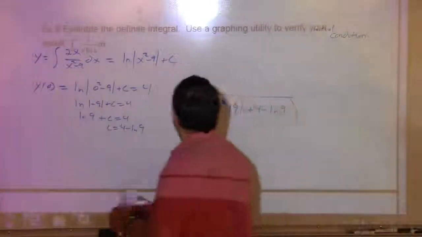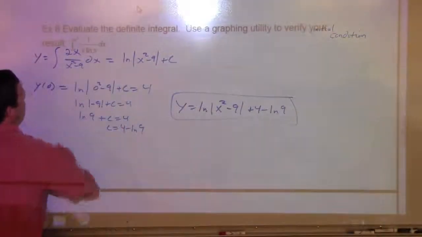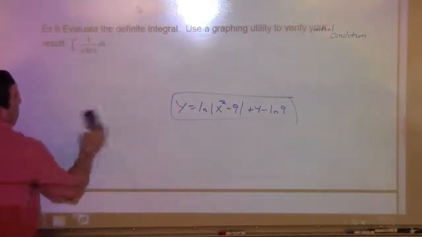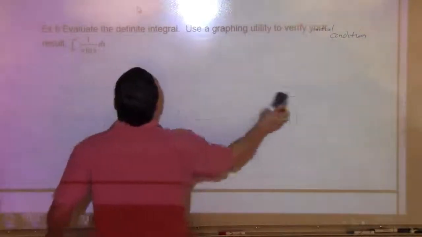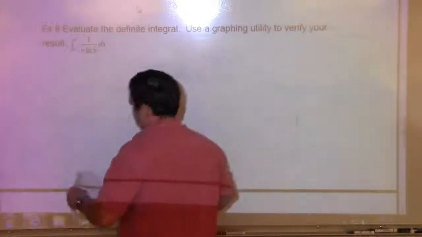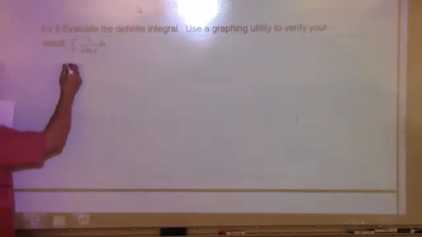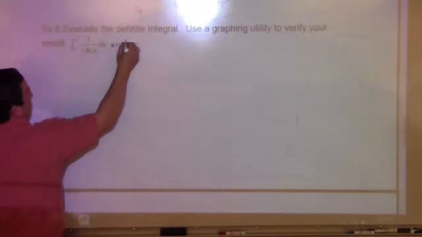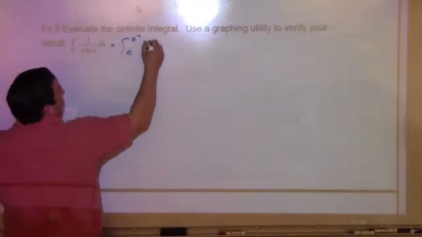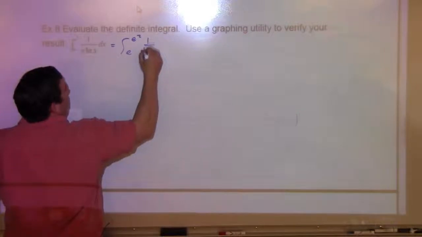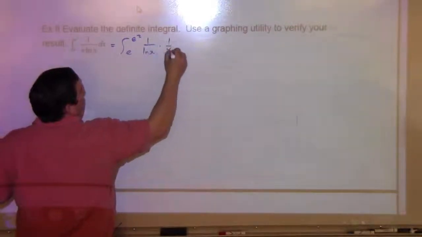Example 8 says evaluate the definite integral. Use a graphing utility to verify your result. So we have the integral from e to e squared of 1 over x natural log of x. Now, think of it this way. We have the integral from e to e squared of 1 over natural log of x times 1 over x